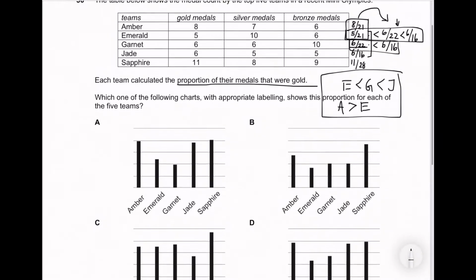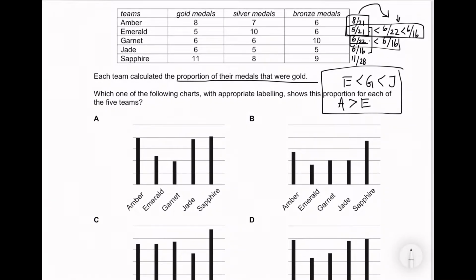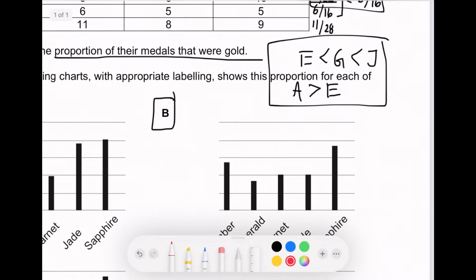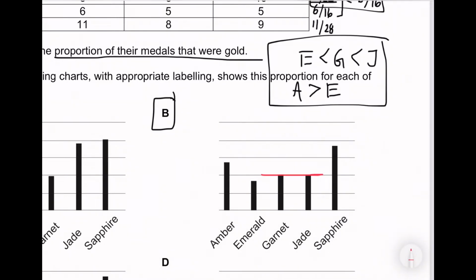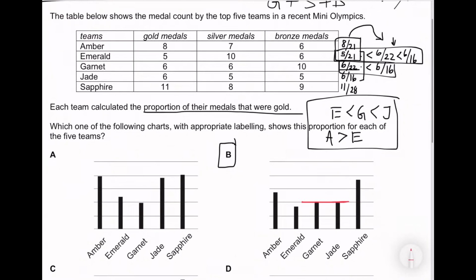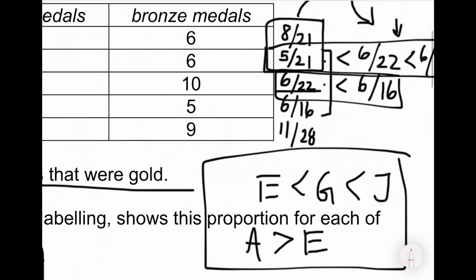Okay, so right off the bat, we have a problem with B. Sorry, I was looking at B first, by the way. You see how garnet and jade, let me change colors, garnet and jade are the same level, right? The chart is purporting them to be at the same proportion. But if you look here, garnet and jade, one is 6 out of 22 and one is 6 out of